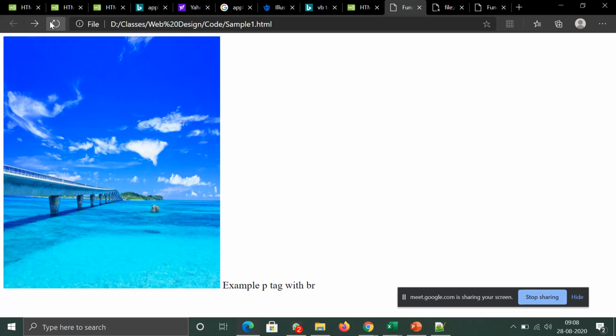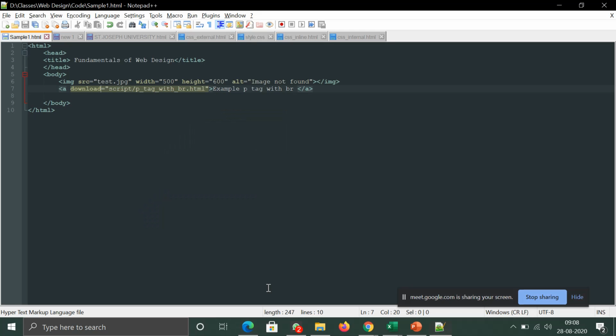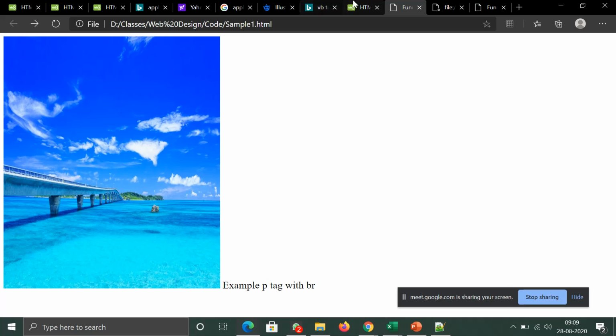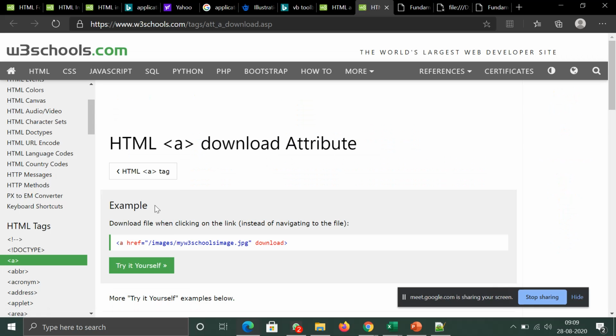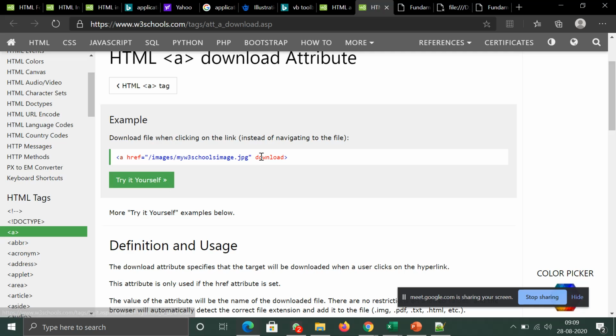I don't know whether it will work for the link. No, it doesn't work here. I think they might have given, yeah, you have to give it like this.